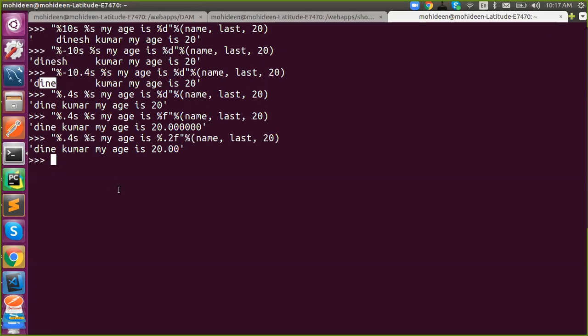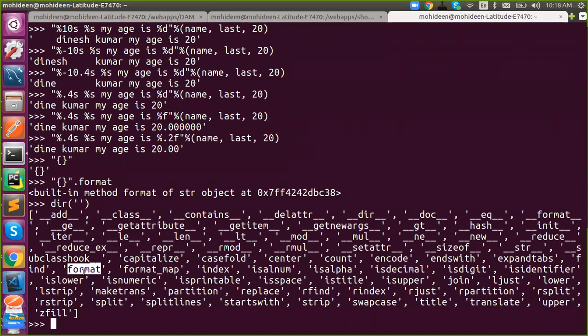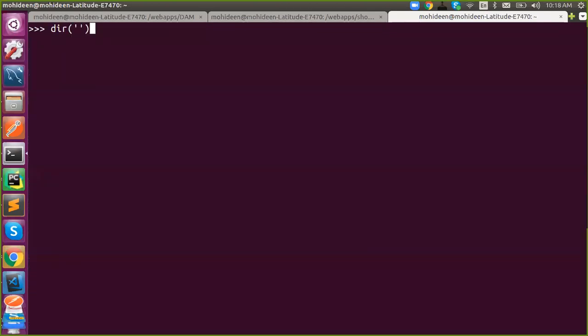Okay. So in new formatting, there will be a similar syntax, but here we have to use curly braces. If you keep it as it is, it will print as it is. But if you want to do formatting, use dot format. Dot format is nothing but a string attribute. So we have to pass data into it. It can be anything, it will simply accept it.